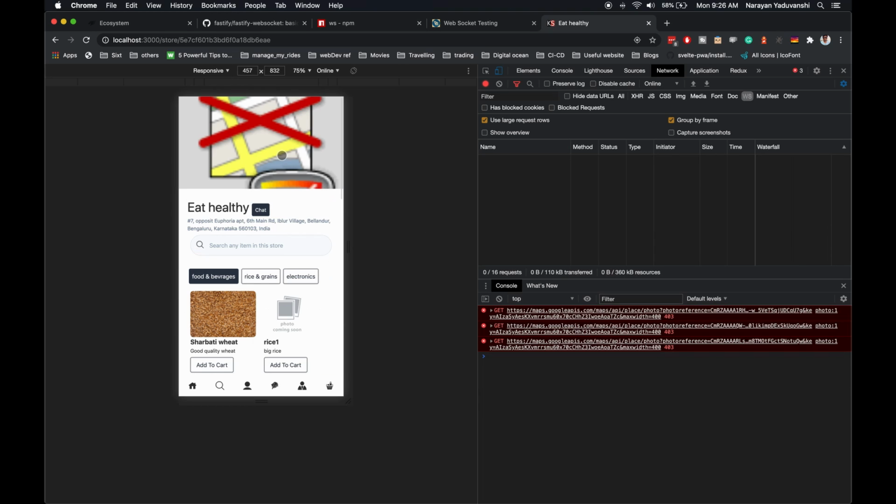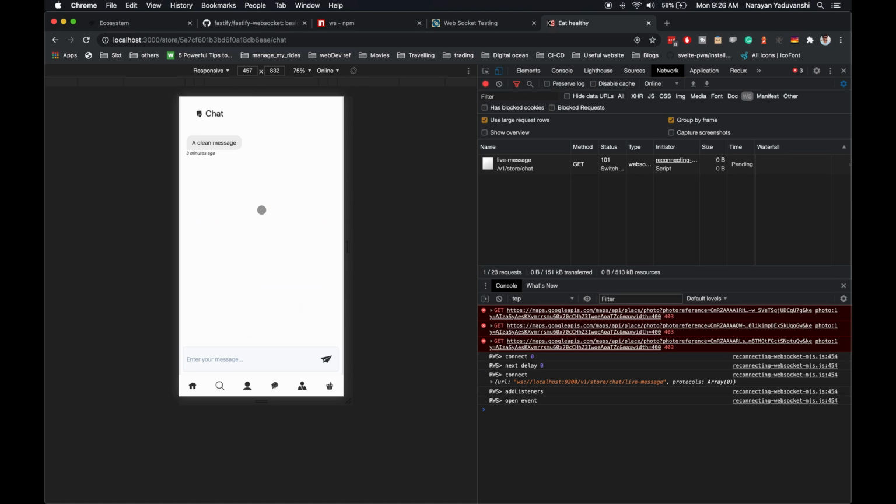I will go ahead and click on one of the stores. I see there's a button called chat. I would like to go inside that, and now what this shows is, I already have one message called a clean message. This is because I stored the chat messages in the database, so I'm able to retrieve them later. Apart from that, my WebSocket is open from the front end application.